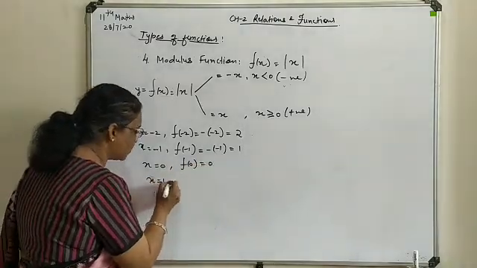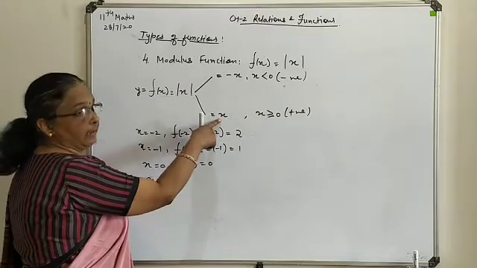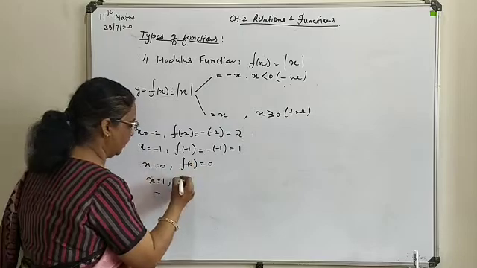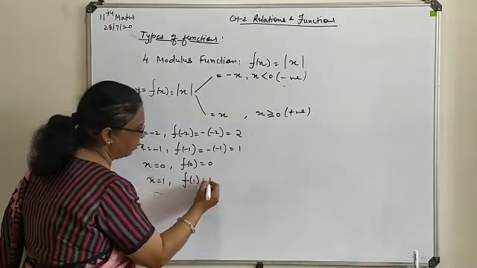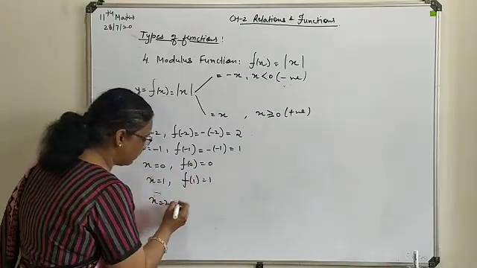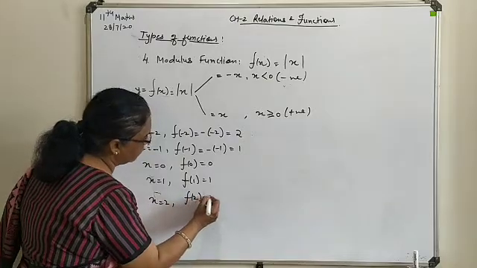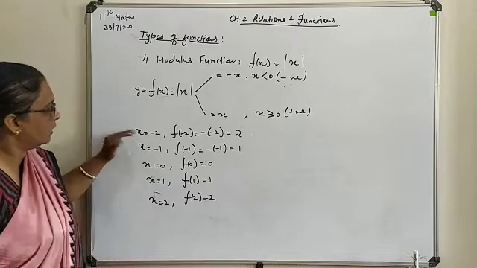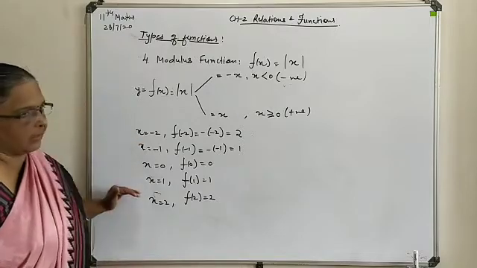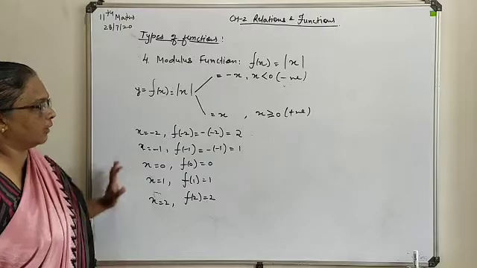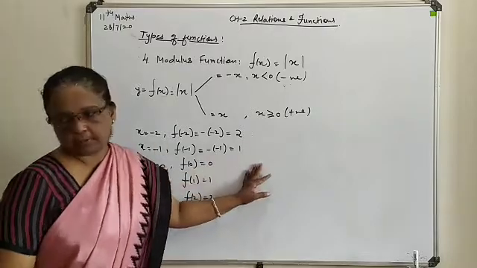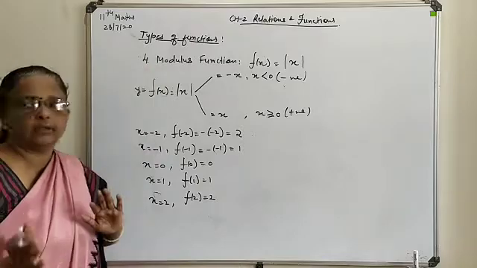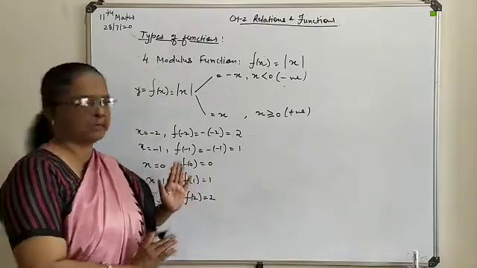Next, x is equal to 1. Now it is greater than 0, so here f of x you will write as x only. So f of 1 means 1. If you write x equal to 2, you will get again 2. So as a conclusion of the solution of this function, you can say that for all negative as well as positive values, your answer will turn to a positive quantity, and this is the concept behind the modulus function, that all the values will turn to positive solutions.